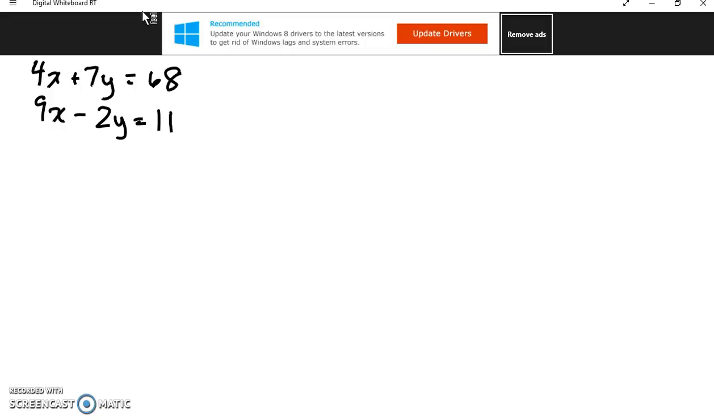Now for this one, the easiest way to do it is actually just to cancel out my y's. I'm going to do that because I've got a minus and a plus, which means I can add the two together. Now, to get a common factor, I'm just going to multiply the bottom one by 7 and the top one by 2, and those are going to cancel out my terms. So I'm going to rewrite them over here. I'm going to be left with 8x plus 14y